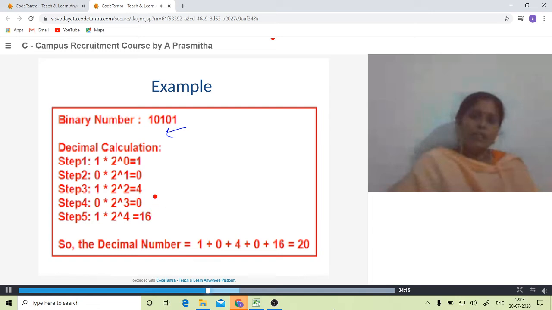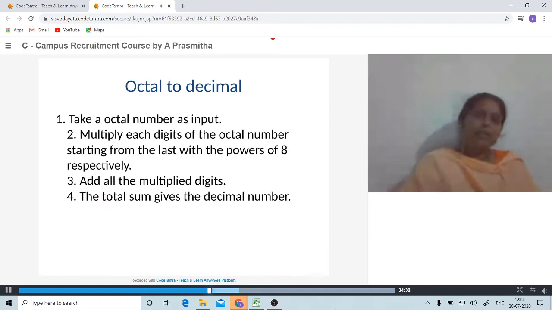So 16 plus 4 plus 1. Decimal equivalent is 21, not 20. So this way we are going to convert the numbers.